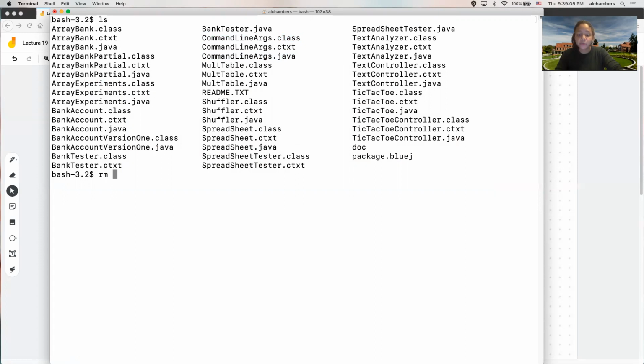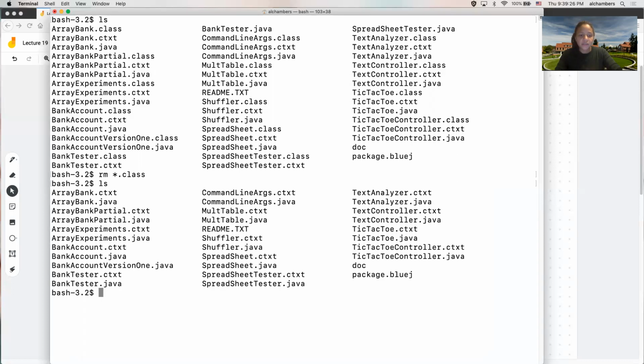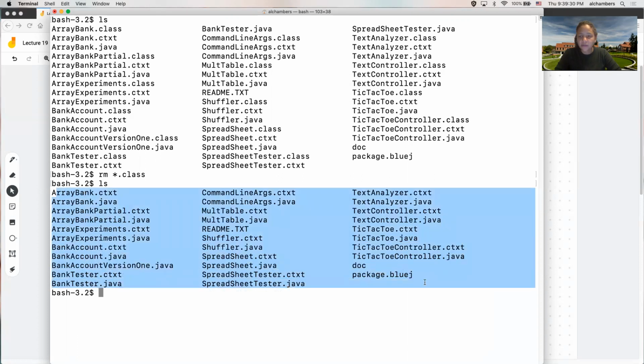So rm stands for remove. The asterisk here is called a wildcard. So I'm saying remove any file that matches this pattern. The pattern is, the wildcard stands for anything. It could be anything. So any file that ends with .class, go ahead and remove it. So if I hit enter and then type ls again, you'll notice that all of the .class files have been